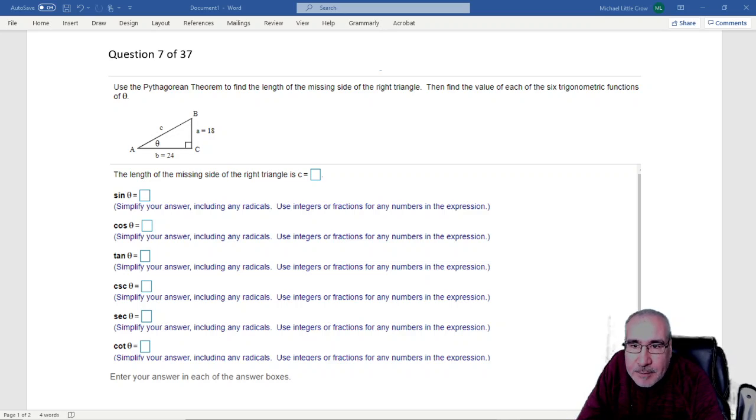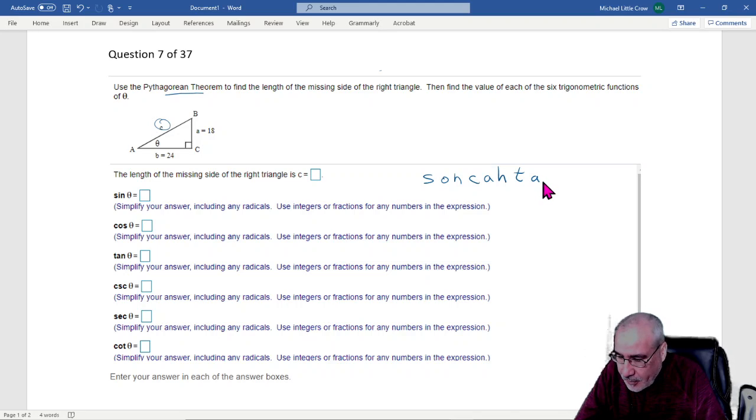Question number 7, a little bit of the Pythagorean theorem to find the missing side C. And then once we have that, we can find all the trig values using SOHCAHTOA, right? Sine is equal to opposite over hypotenuse. Cosine is equal to adjacent over hypotenuse, SOHCAH. And tangent is equal to